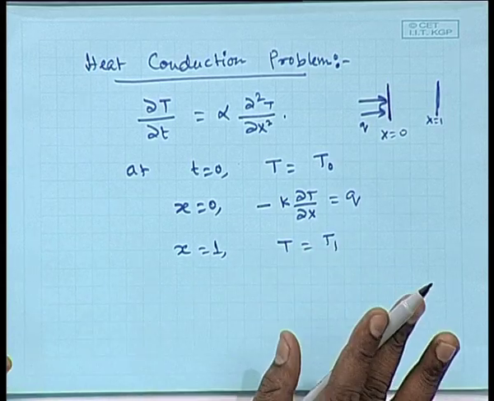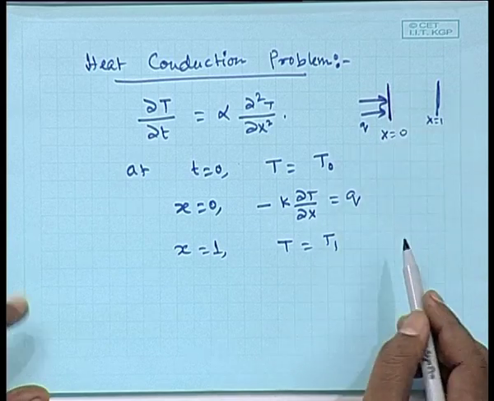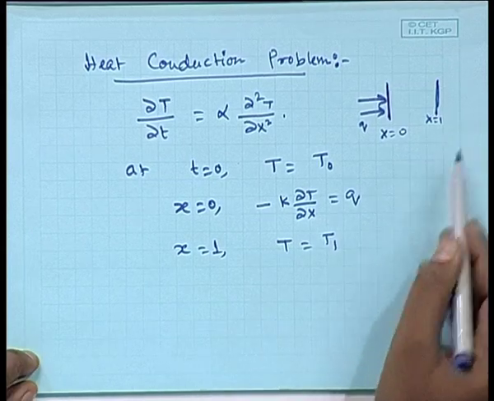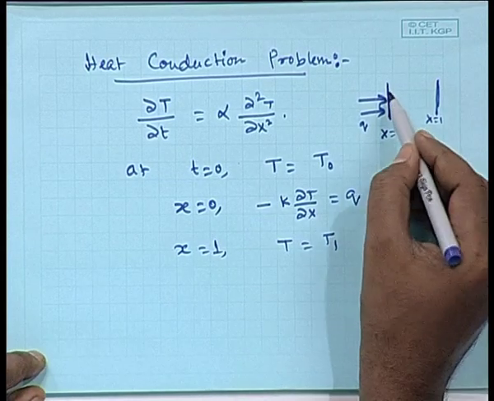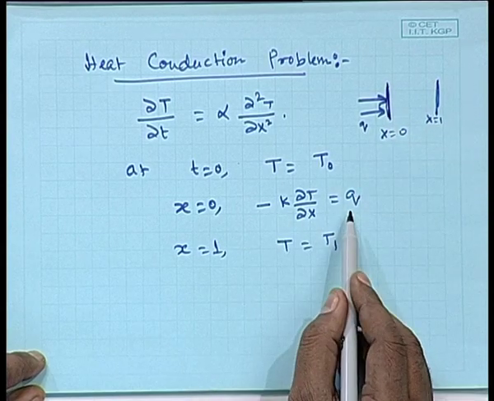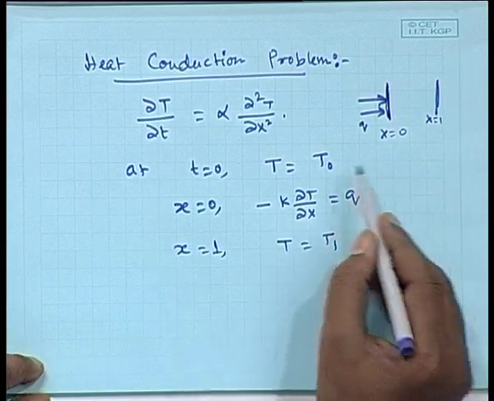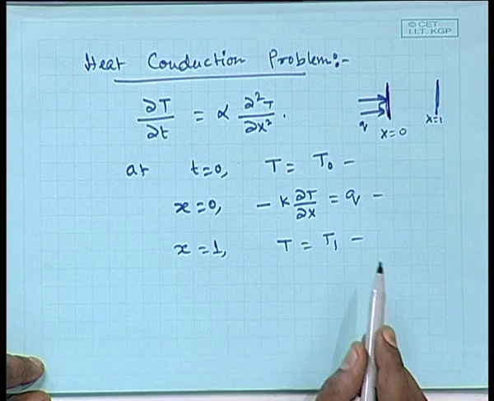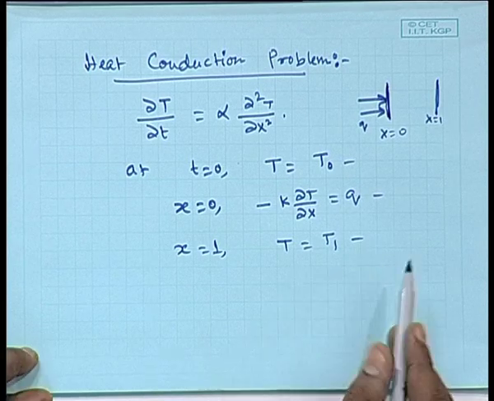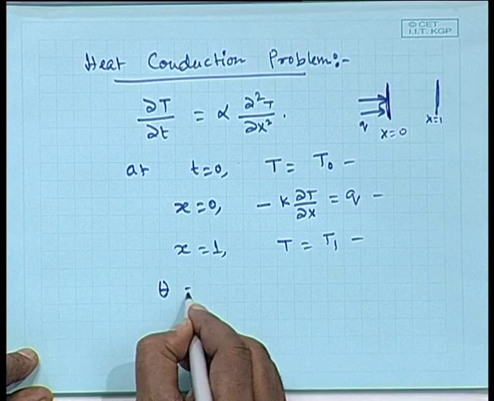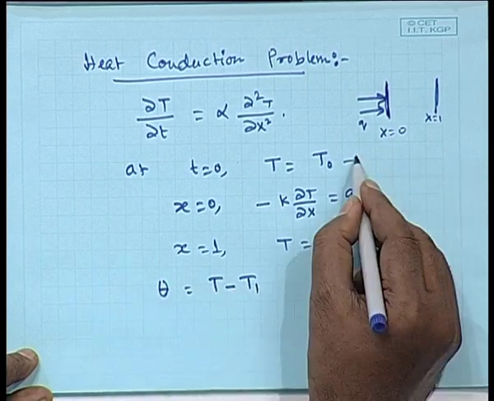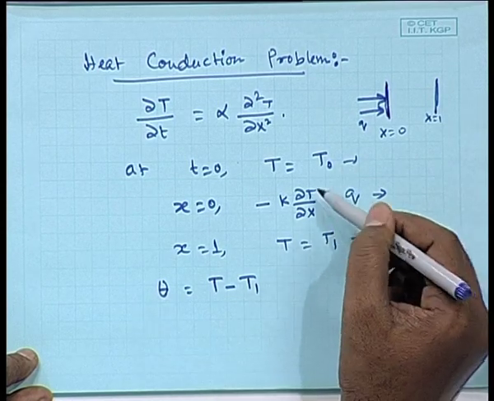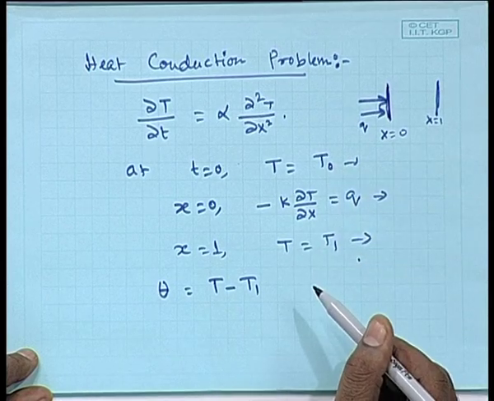So, this is a general problem where at one of the phases you are supplying a constant heat flux and you are maintaining a different temperature at the other phase. Okay. So, if this phase is insulated, then this boundary condition would have been homogeneous. Okay. So, you are having 3 sources of non-homogeneity in this equation. So, this equation has to be divided into 3 subparts in general, but you need not do it. You define a theta as T minus T1. In that case, this boundary condition becomes homogeneous and there will be 2 sources of non-homogeneity existing in your system.